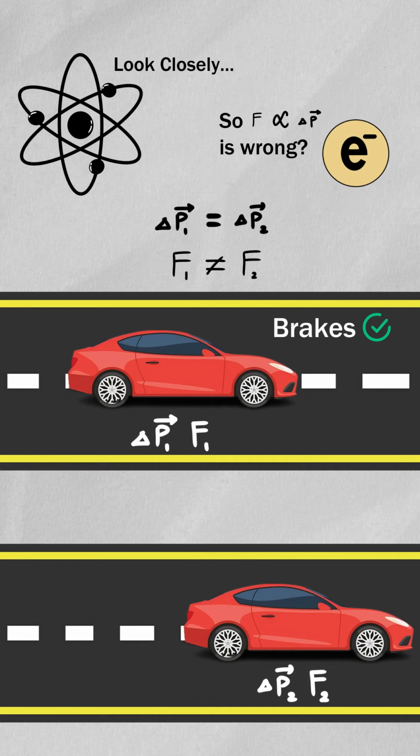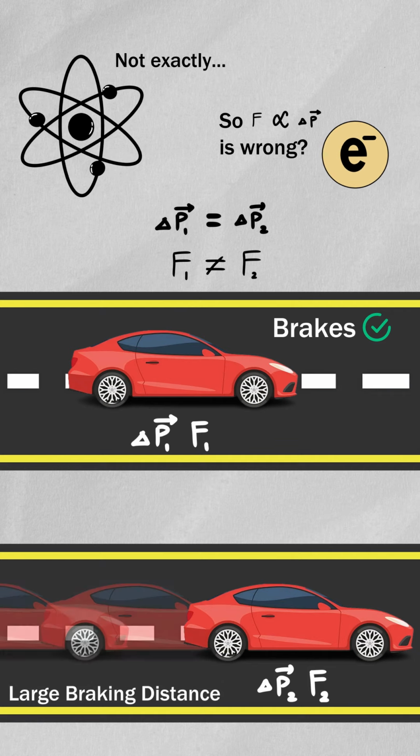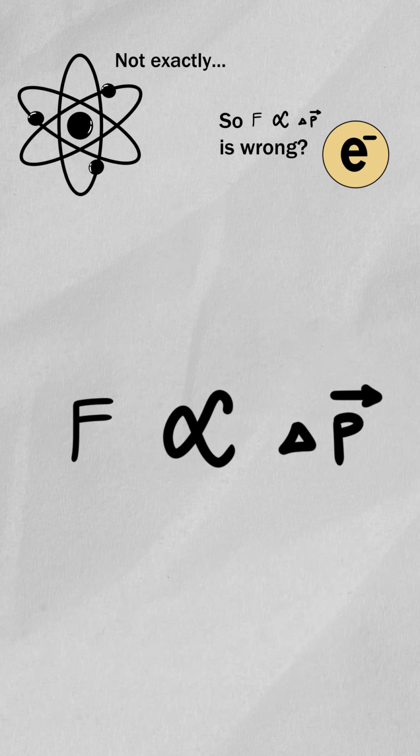This breaks down our initial equation, but if we use intuition, we know that the car that relies only on the friction between the tires and the road will take a lot longer to stop than the car that slammed the brakes. So here, we must introduce a time dependence to get our final equation. And with that, this was